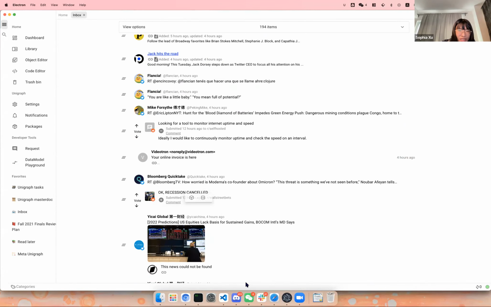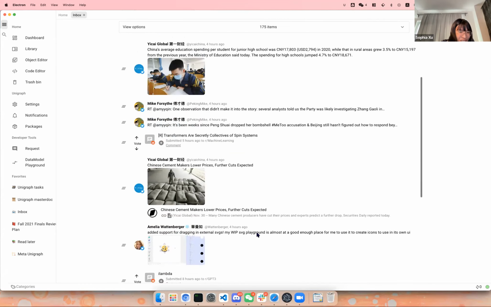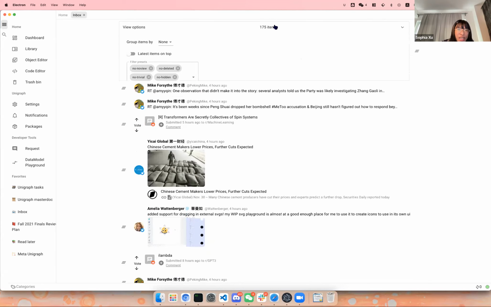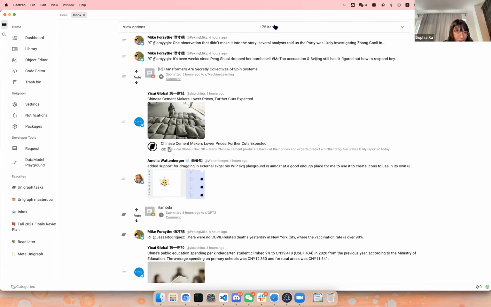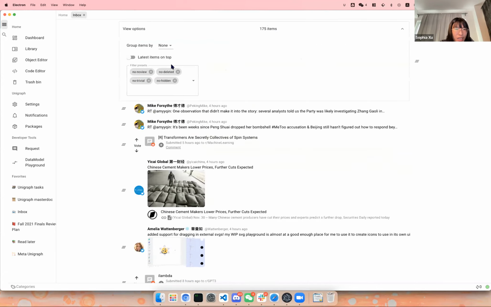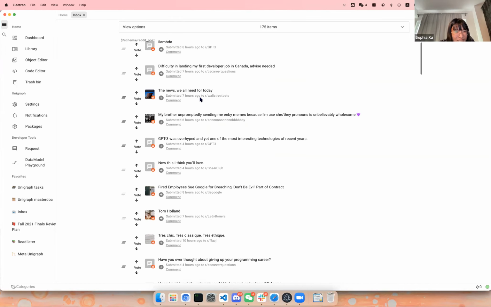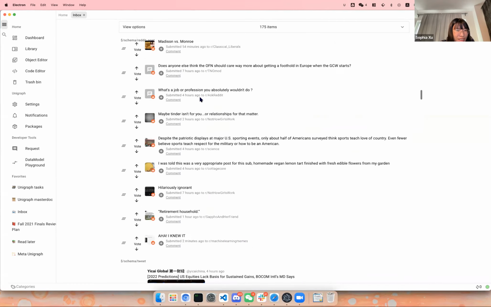You can just do your normal reading flow, but compared to recommender systems, this has a limit. So when you drag it down, it does not sync you forever into it. You only get to see what's important. But in the future, we'll also have a recommender system based on NLP and machine learning, so that you can cluster these things by interest areas. Currently, you can group them by type. It takes a while, yeah. So this is all of the Reddit subscriptions.